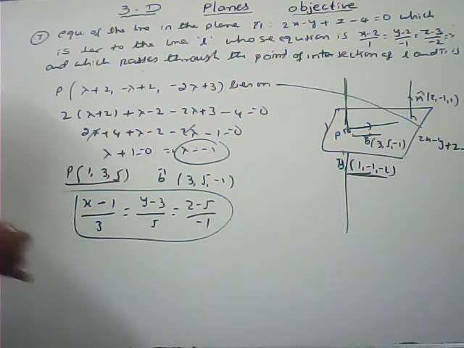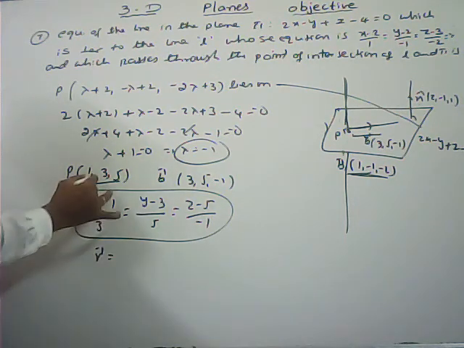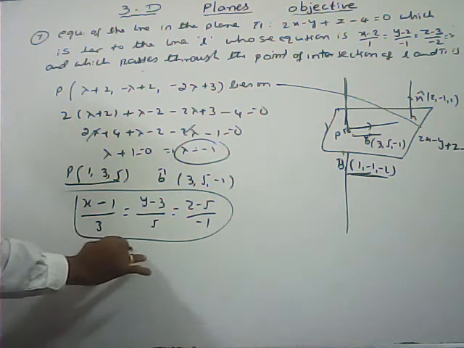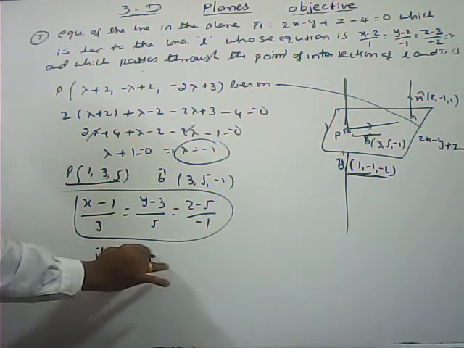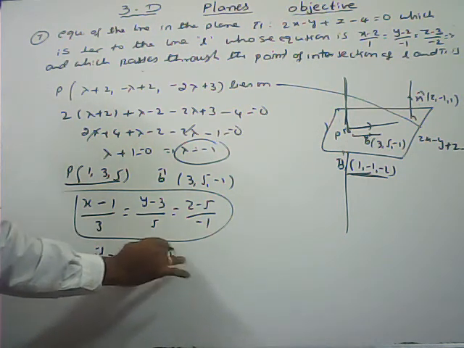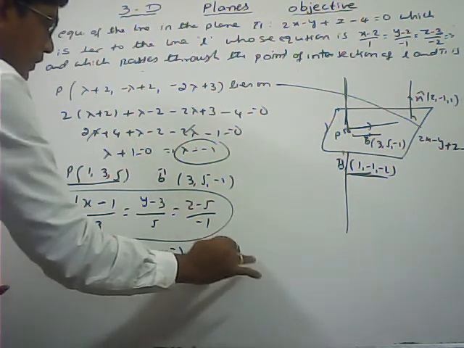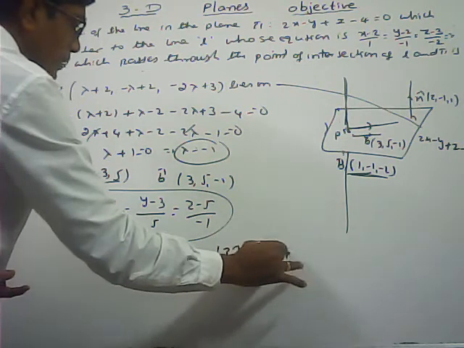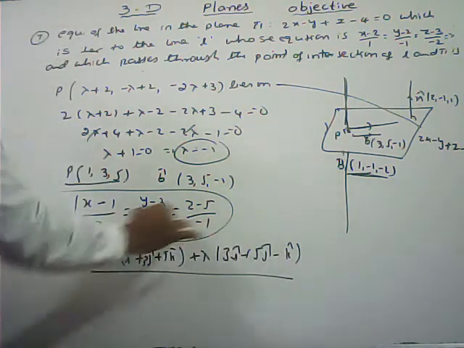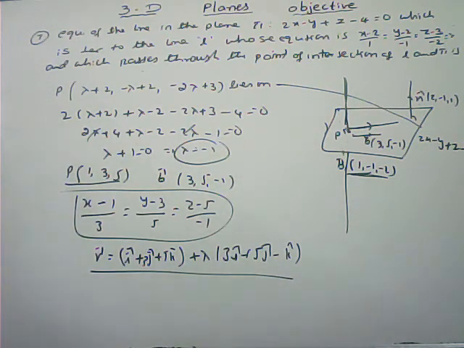If you want the vector form, r bar is equal to a bar, passes through this point, I cap plus 3j cap plus 5k cap, plus lambda into b bar, 3 I cap plus 5 j cap minus k cap. This is the vector form, this is the Cartesian form. But in the options they ask for the Cartesian form.